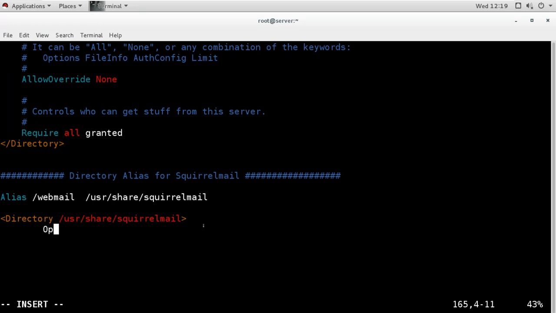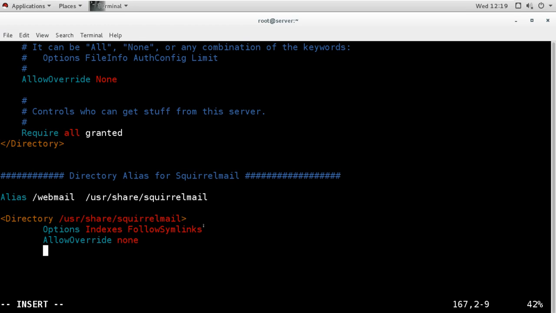So Options: Indexes, FollowSymLinks, AllowOverride, I will put None.